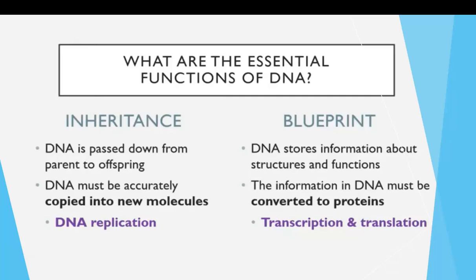DNA can pass down all that genetic information from parents to the offspring, and it's very important to keep accurate and precise details and pass them to the new molecules and new cells. So that's why we're going to talk about DNA replication and how the DNA can make a copy of itself, keeping all the exact information